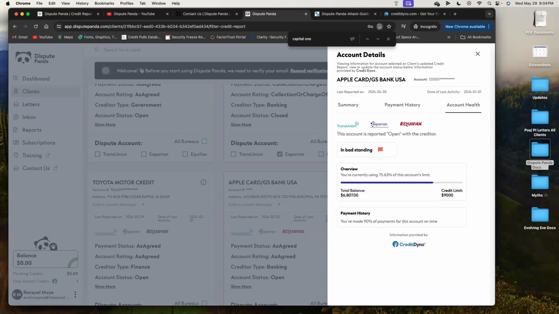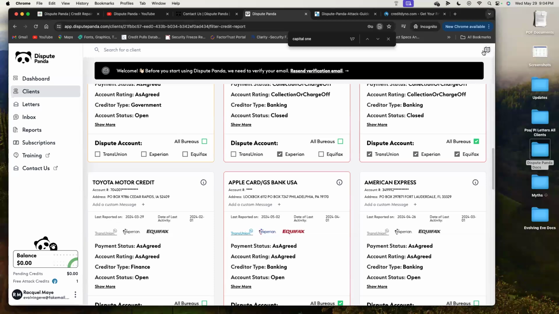If I have Identity IQ or My Score IQ, the $17.99 is charged how often? And Credit Dyno, you still have to have credits after the first round of letters. So if you are using any other credit monitoring service, you are paying $17 per month per client. So if you are doing 3 rounds of attacks, if you're doing 6 rounds of attack every single month, because you're only supposed to be sending out your letters every 35 days, you would need to have the $17. It's not $17.99. It's just $17 for you to generate the letter.